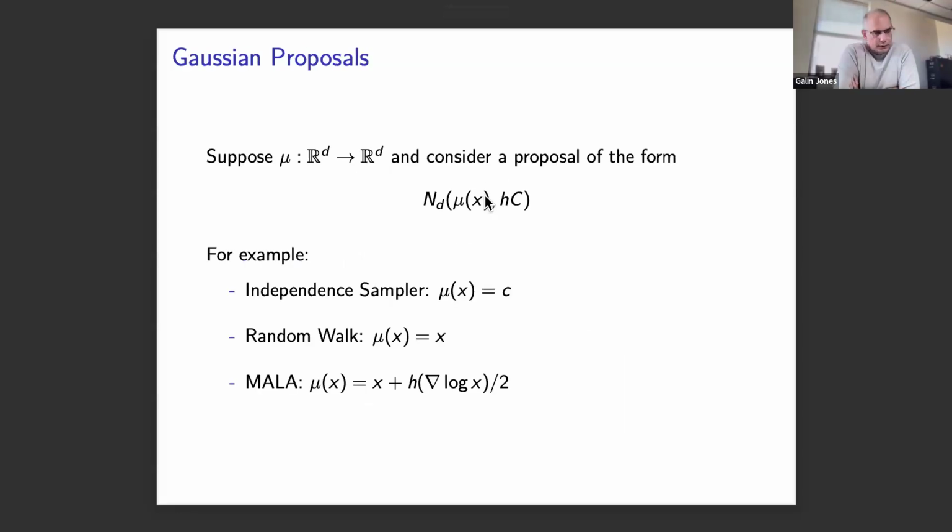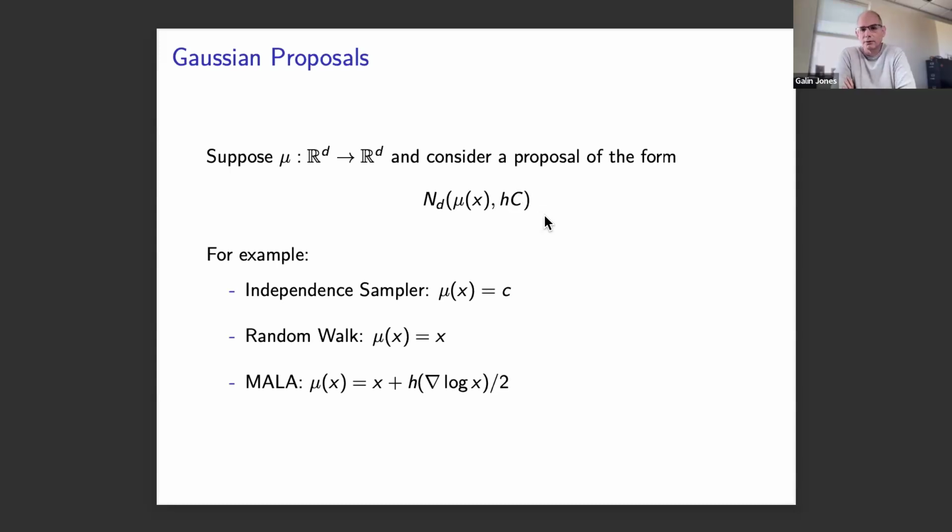Well, to give you just a very simple, I'll go through some toy examples and get to some more realistic ones in just a few minutes. Let's just consider the setting where you just have a Gaussian proposal, right? Mu sub x is just some function. It's going to be arbitrary in the rest of the argument for this example. And h is our scaling parameter, and c is some positive definite matrix. Of course, the identity is common, but in our results, c can be anything, so you can get manifold versions